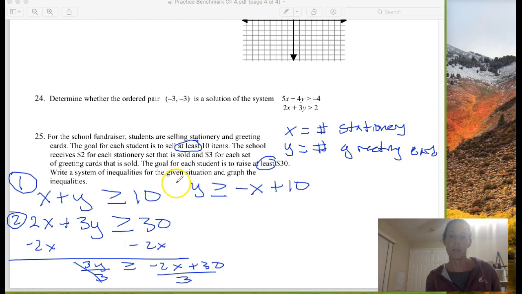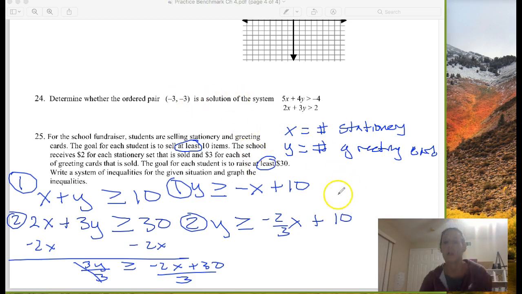So here's equation 1. That was new equation 1. Here's new equation 2. I'm going to get y is greater than or equal to, divide this into both terms, negative 2/3 x plus 10. All right, look at this. They have the same y-intercept, just different slopes. If they have the same y-intercept and different slopes, I can scroll up to here